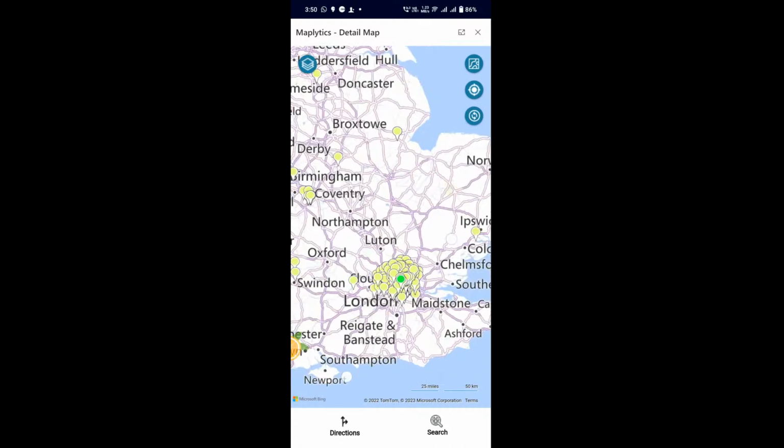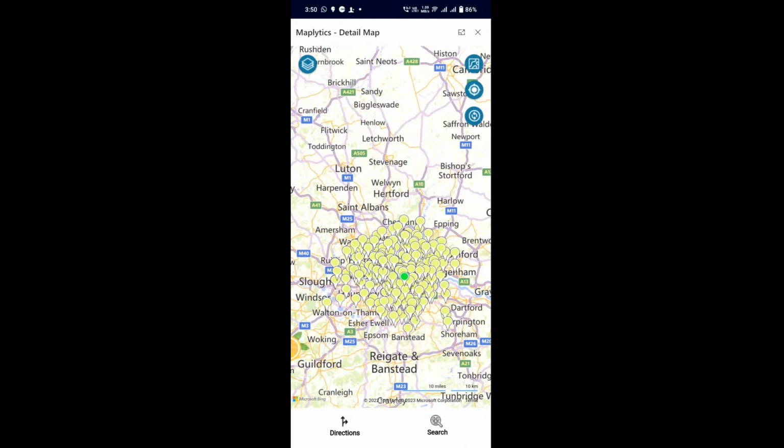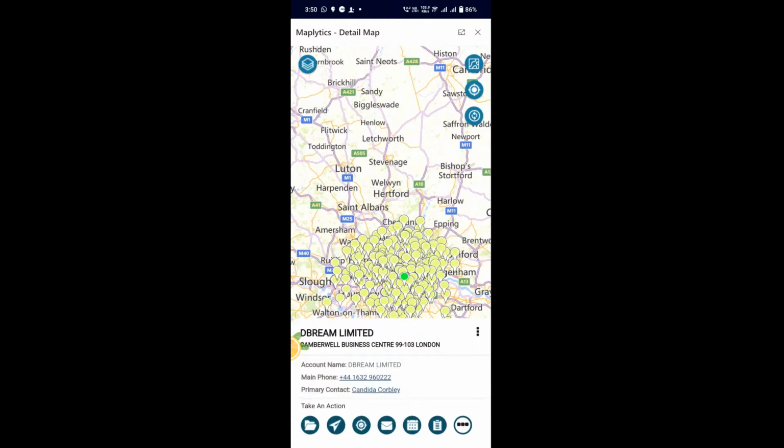So here I have plotted the records, and this was the by location option. If you want to see the data on hover, you can just single click on the record and you will be able to see the data on hover. If you want to open the tooltip card within the mobile, you can double click on the record and you will see the tooltip card open at the bottom. So you can see the details of the respective record. And here, if you want to add some more details,